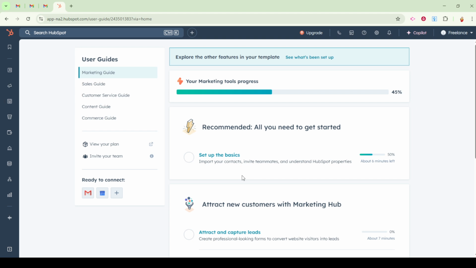First, it's essential to define who exactly you're targeting with your workflow. Segmentation is key here. Start by identifying different groups of leads that you want to nurture. You might categorize them by industry, job title, or even their engagement level. HubSpot's list feature is a powerful tool for this, allowing you to create either dynamic or static lists based on